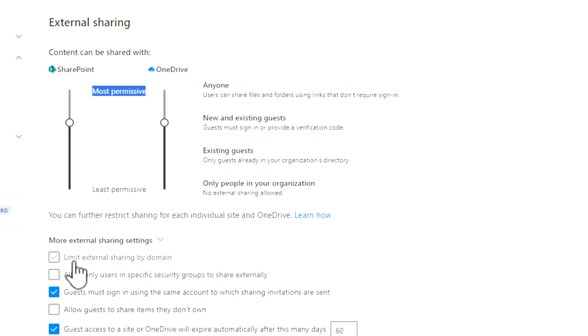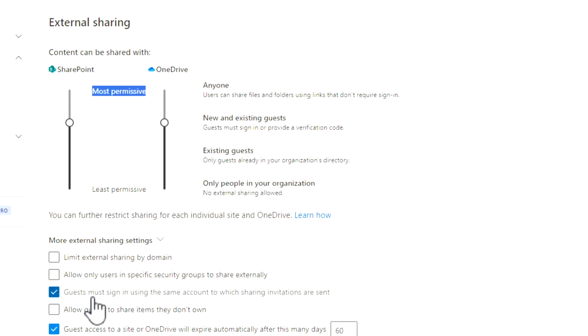But to limit external sharing by a certain domain or certain domains is pretty hard. That's a recommendation from Microsoft, and that's a recommendation from CIS even, but I just don't see how that's tenable with the administrative overhead that would cause and the disruption it would cause to end users. Same thing with only users in specific security groups. I've never been able to institute this, although you would love to have just certain users who can share externally. Depends on the business case, but I've never found that to be something that you could implement, at least at